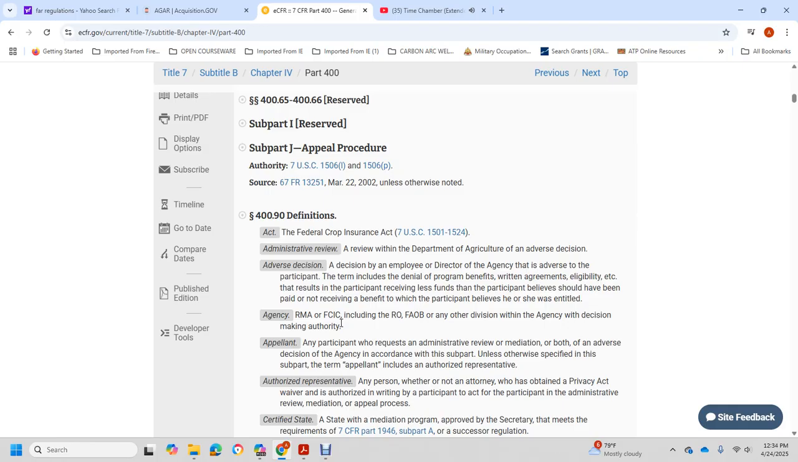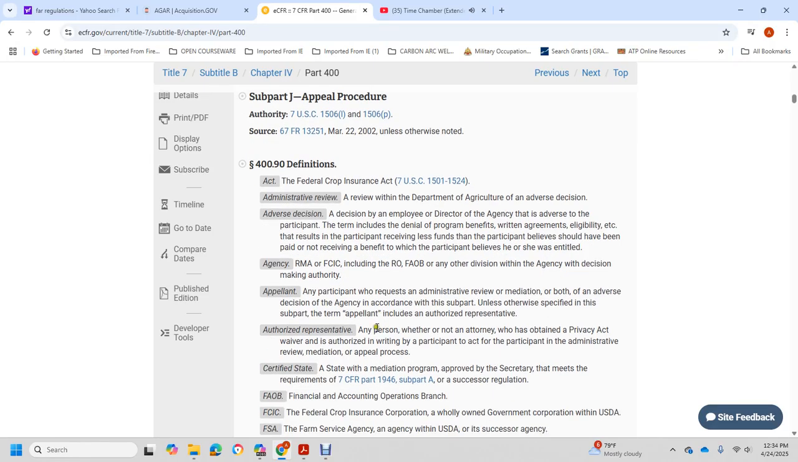or she would be entitled to. Agent for the RMA, the FSA, or the FCIC would include the RO, the FAOB, or any other division or agency due for the making of the authority. Appealing participant requests the administrator of the review or mediation for the adverse decision of the agency in accordance with the subpart, unless otherwise specified. Appealing includes the authorized representative, any person who is